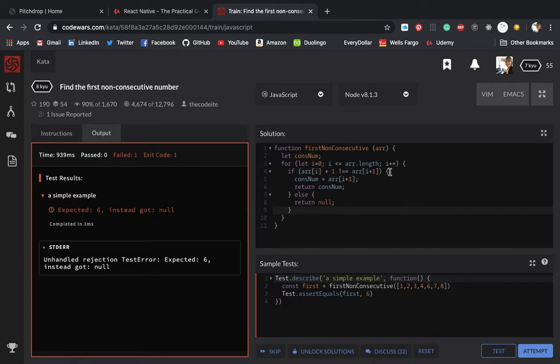Plus 1 is not equal to that plus 1. So it should be 6. 5 is not equal to 6. Oh, I did do it backwards. Wait, 5 is not equal to 6, so it should return